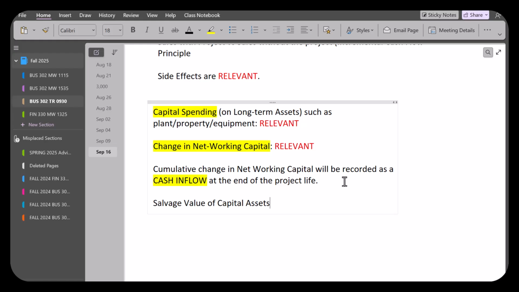In the case of net working capital, we're talking about liquid assets. So whatever their value now, that's going to be the same at the end of the project. So we're just returning it back to the firm. But in terms of capital assets, their value right now is going to be very different from their value 10